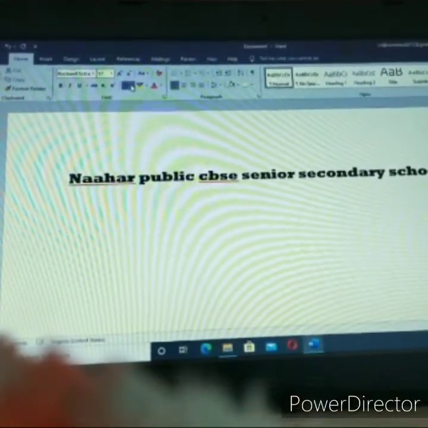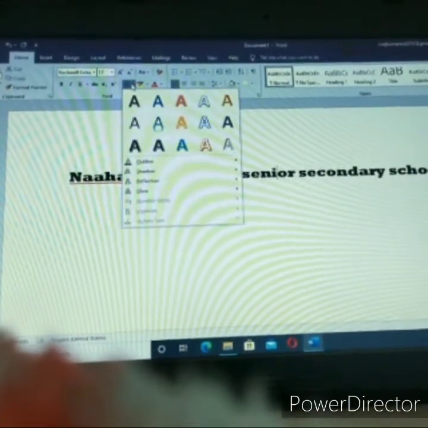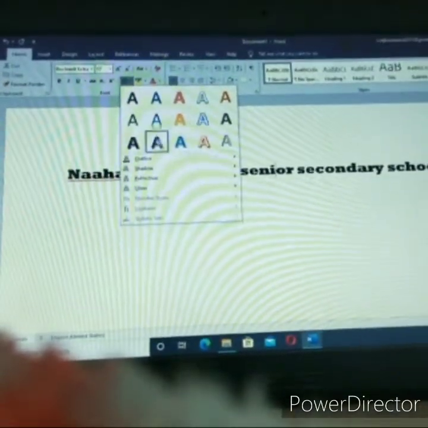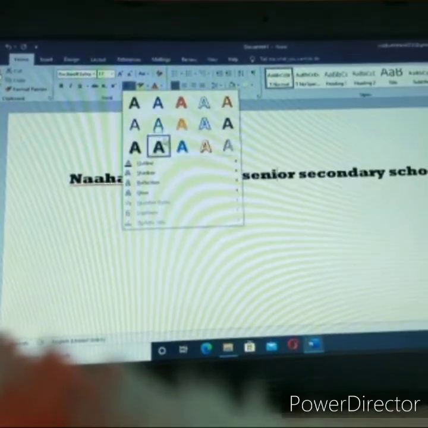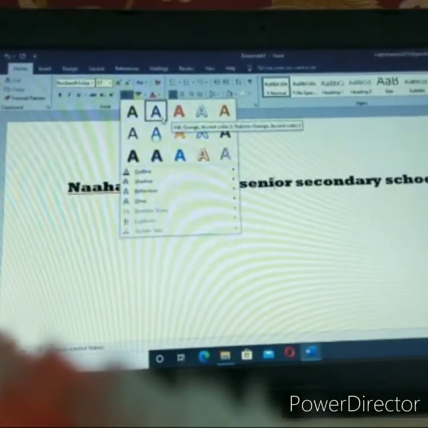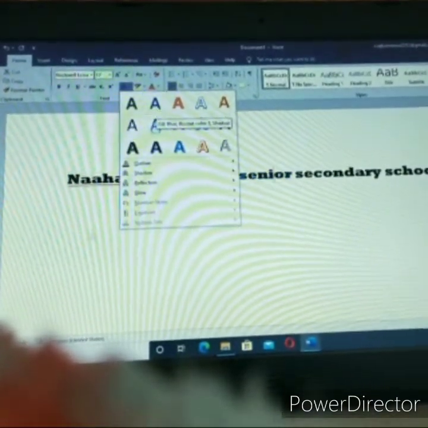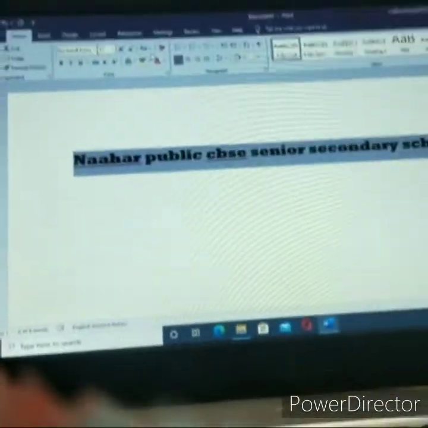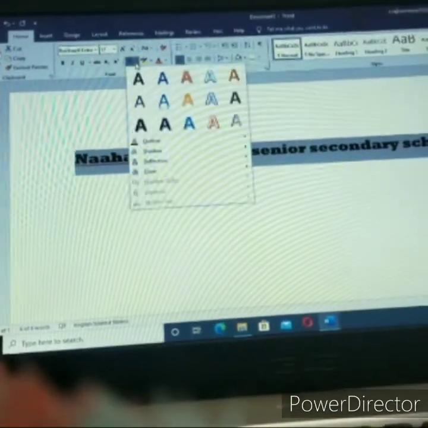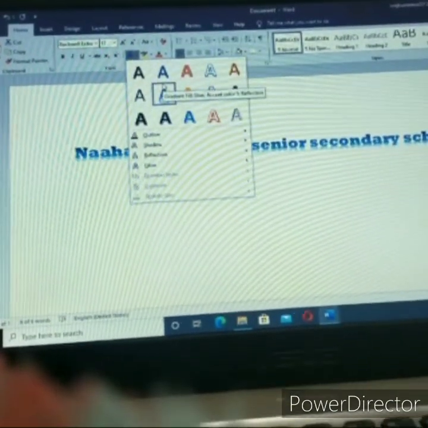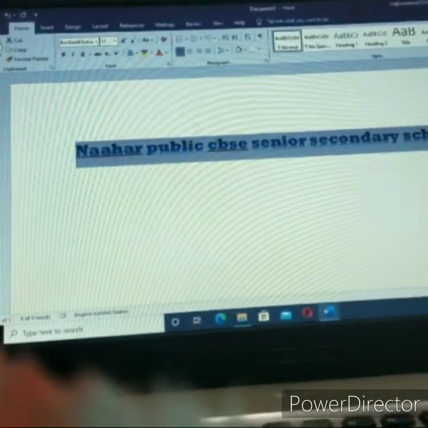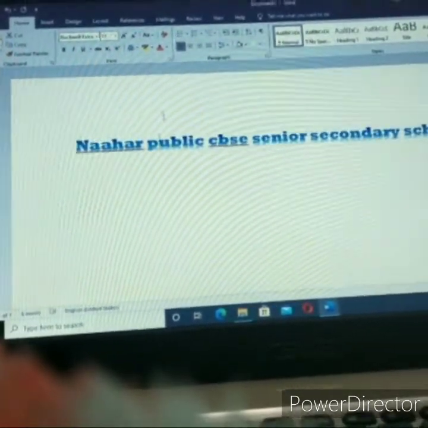Next, change the text effect. This is the option to make your text attractive. If I select it fully and then select the text effect option and click this, what happened?